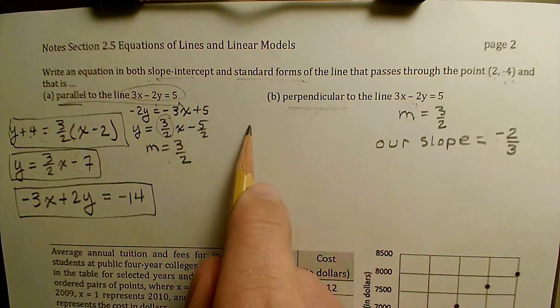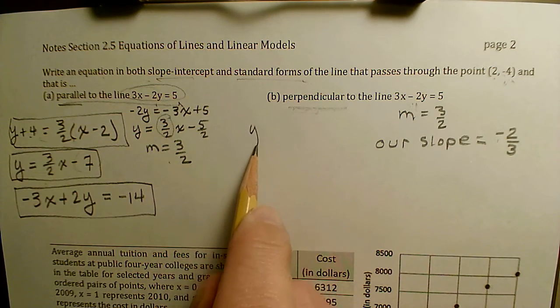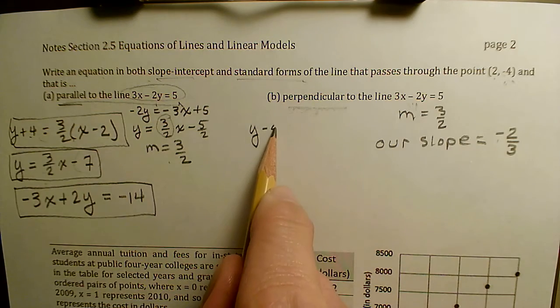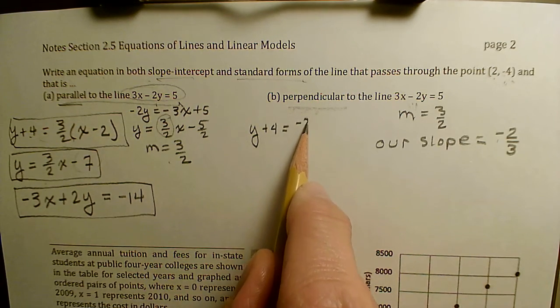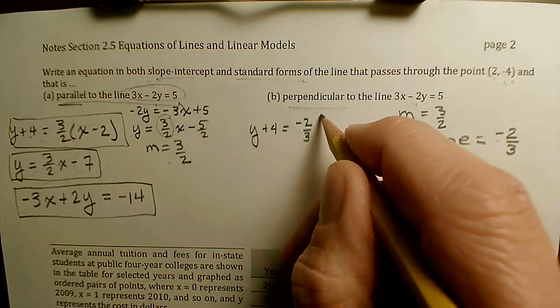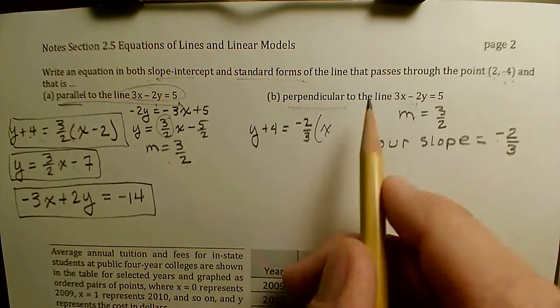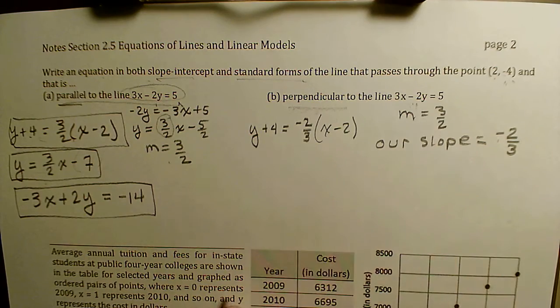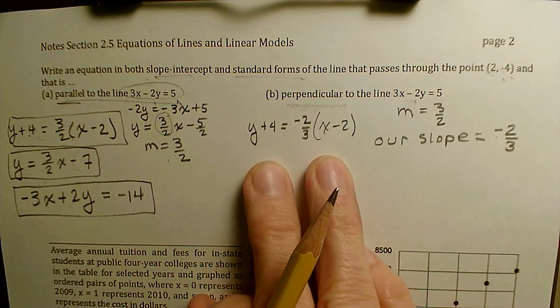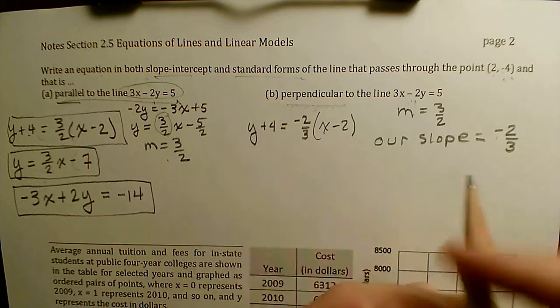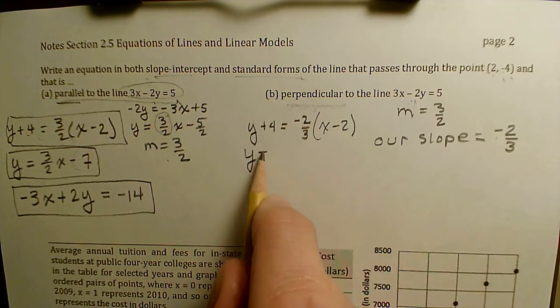All right, so we get, again, point slope: y plus 4 is equal to -2/3 times x minus 2. Okay, so that's point slope form. Let's turn it into y-intercept form. Let's see, y is equal to